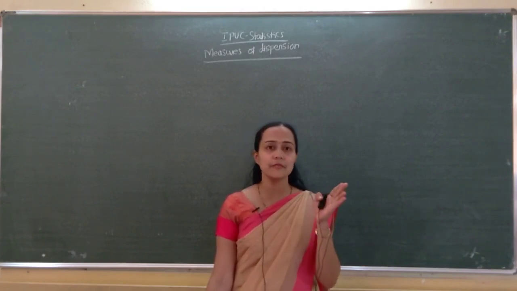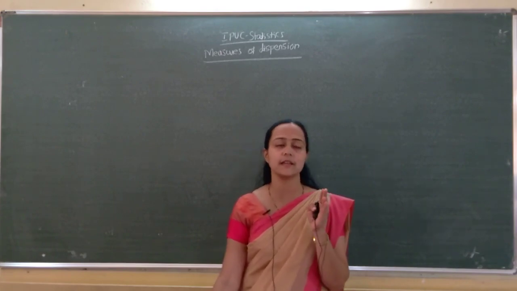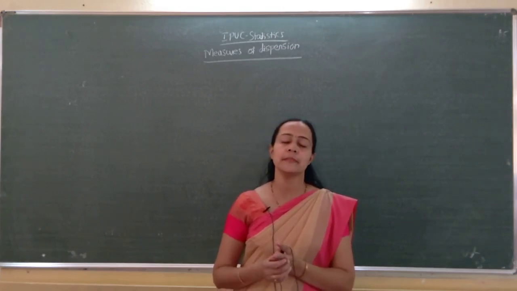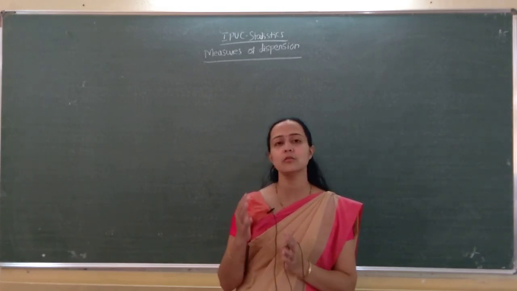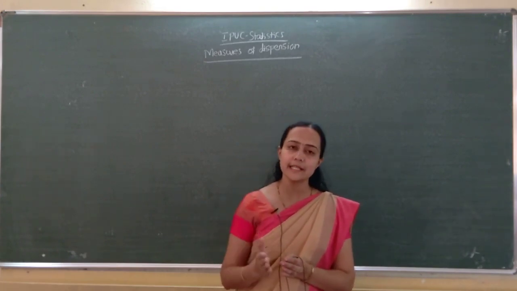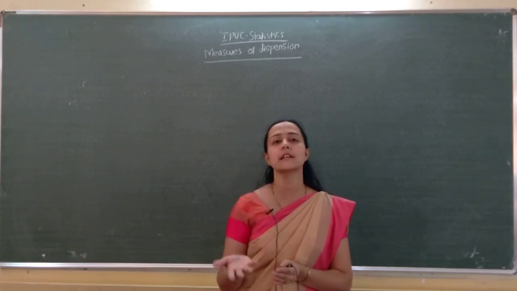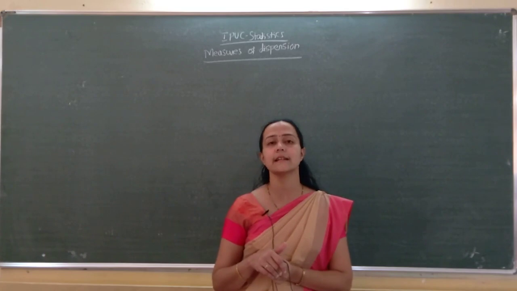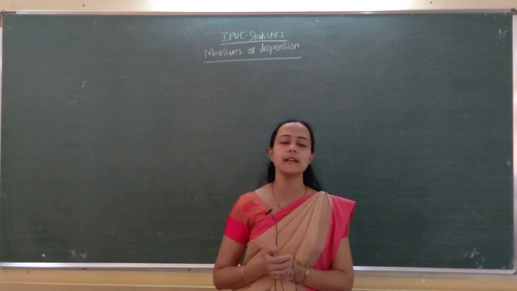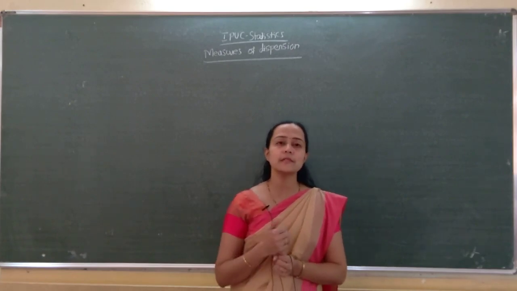For which series CV is less, that series is more consistent, and if CV is more, the variability is more. Then for who is a better run scorer, who has a better average, we have to compute the averages of batsman A and batsman B. Whichever average is more, he is a better run scorer. For consistency, CV less means he is more consistent, variability less. So we will do some more problems.